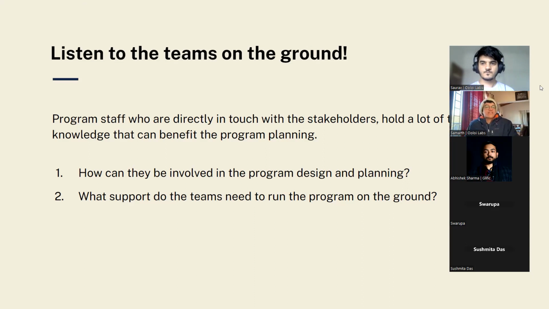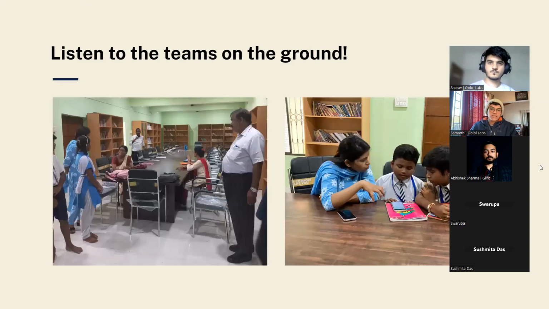The other thing is that many times we create these programs, and even something like the chatbot, and if the users or stakeholders are having issues on the ground, how can the teams that are already supporting you support the users in turn? How are you onboarding them into this process of support so that it can be a kind of cascade effect? That is another important aspect of program design.